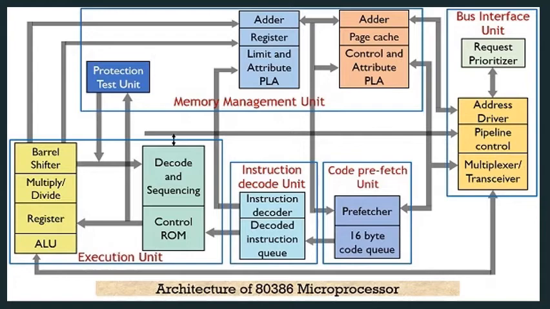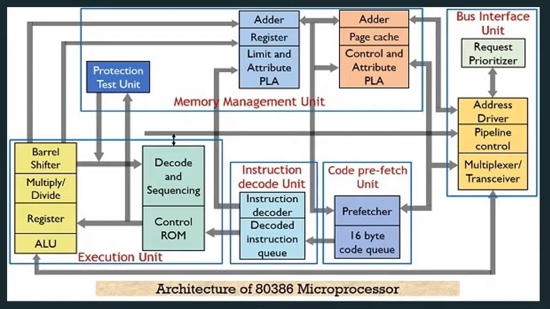Let us now discuss about the bus interface unit. The bus interface unit interfaces the 8386 processor with the memory and I/O devices. To fetch instruction and transfer data from code fetcher unit, the processor provides address, data, and control signals through bus interface unit. The code prefetch is used for fetching instructions from the memory while bus interface unit is not executing